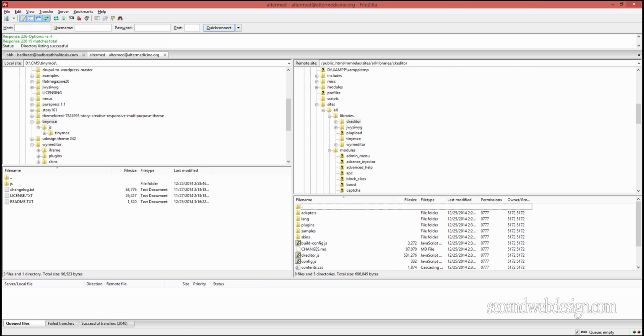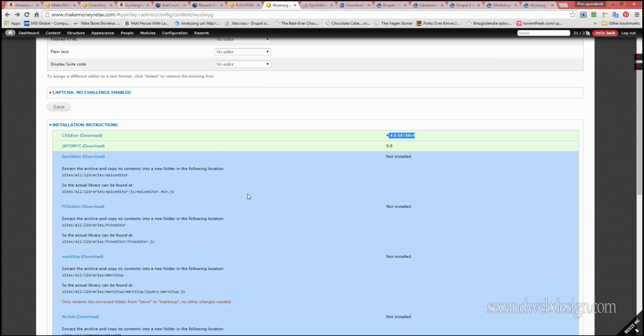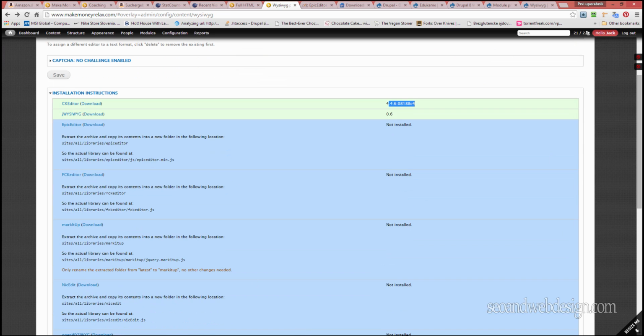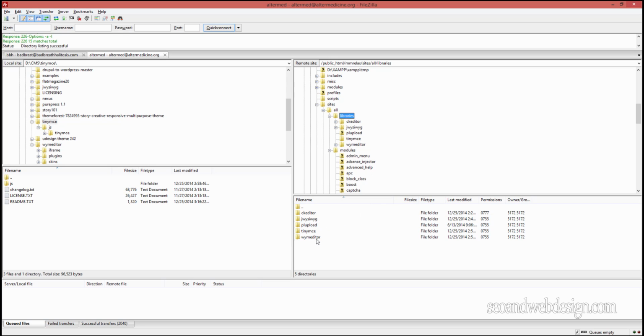So that's it, and you go back, and you should see this, that you should get this version in green color. So there's still some problems with other editors. I tried this one, and you can see I tried this one,